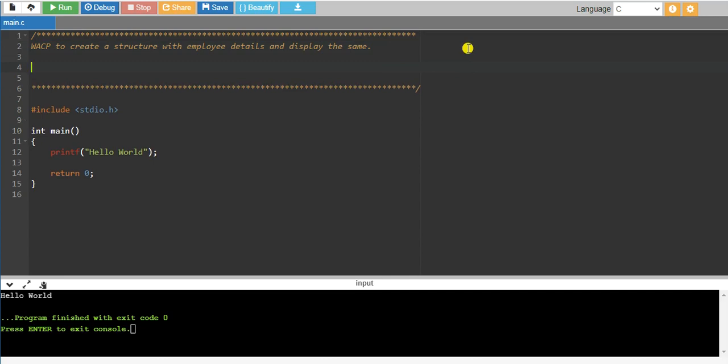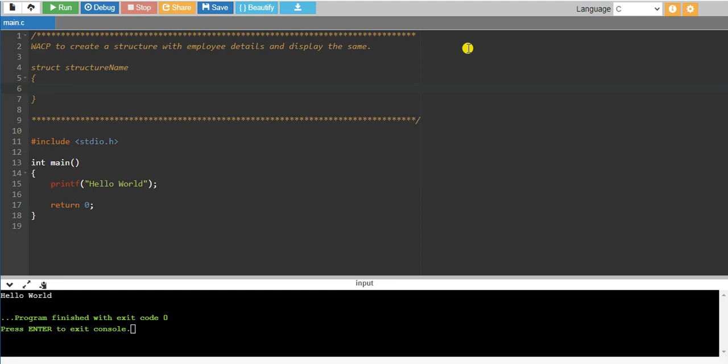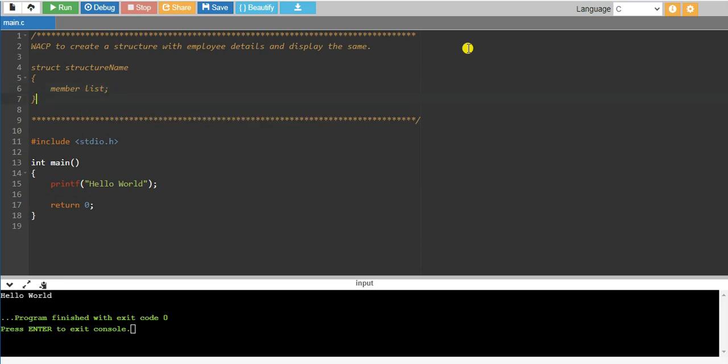The syntax is: struct, then a tag name or structure name, then curly braces with the member list inside, and after this a variable list.